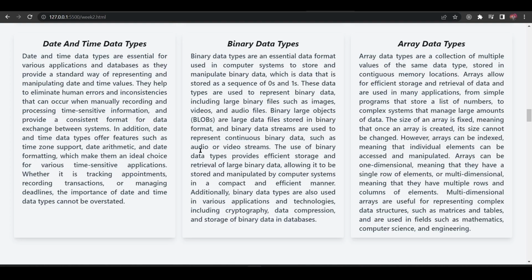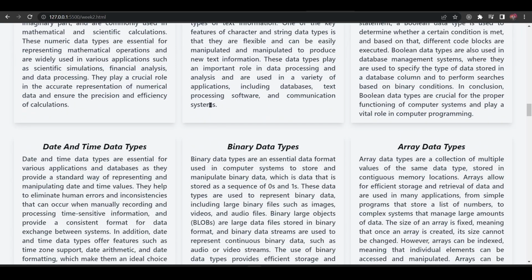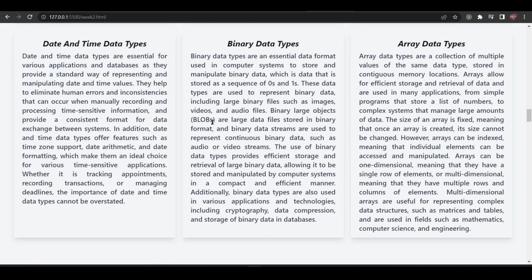So next, let's go to the binary data types. So binary data types are an essential data format used in computer systems to store and manipulate binary data, which is data that is stored as a sequence of zeros and ones. So it is not true or false, it's only a sequence of zeros and ones.